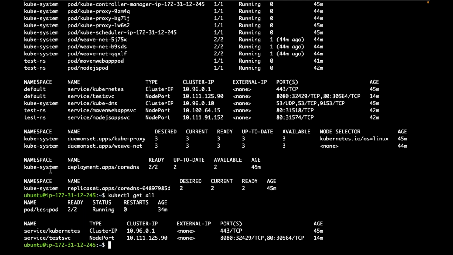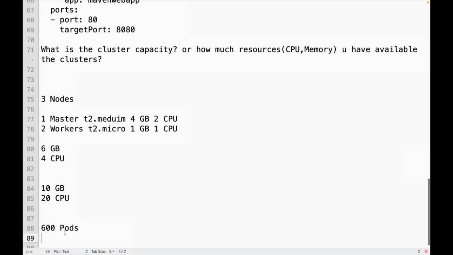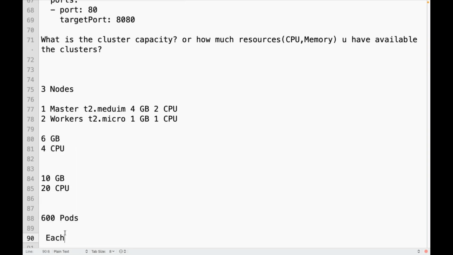That depends on how many pods you want to deploy, how many containers in each pod, and how much CPU and how much memory each container needs. Based on that, you need to decide the nodes in the cluster. Suppose I want to deploy, let's say, approximately 600 pods. I think I have already told this one.